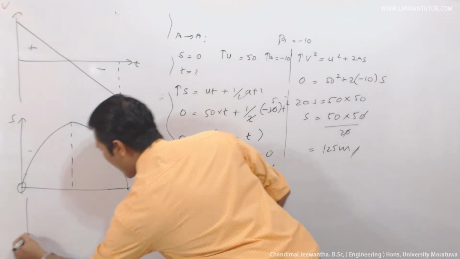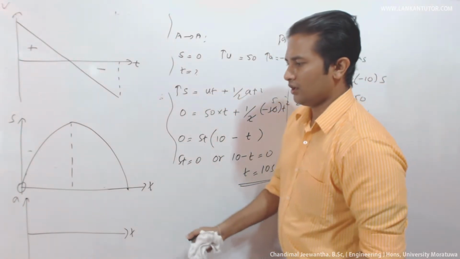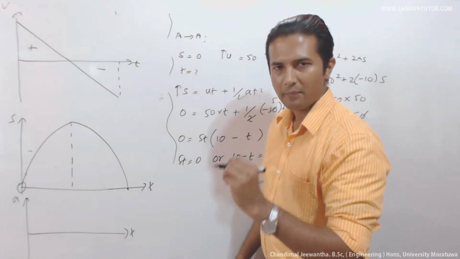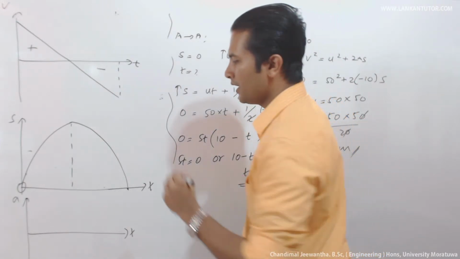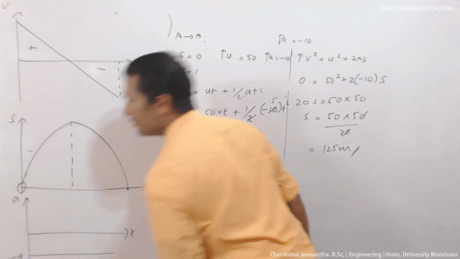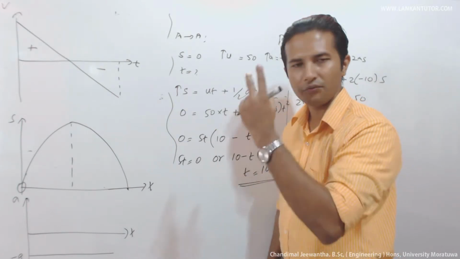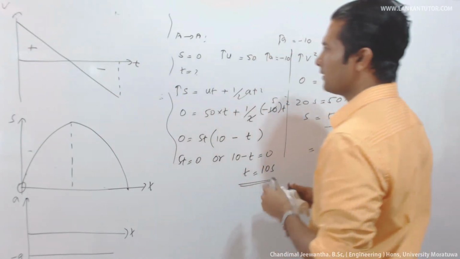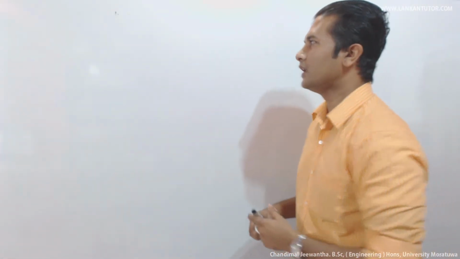Then we can consider the acceleration time graph. What happens here? As the gravitational acceleration is 9.81 meters per second squared, approximately 10 meters per second squared, the acceleration should be negative. The reason is that the direction of the acceleration is downwards. We considered the upward direction as positive. That's the thing. Now we can consider another example.